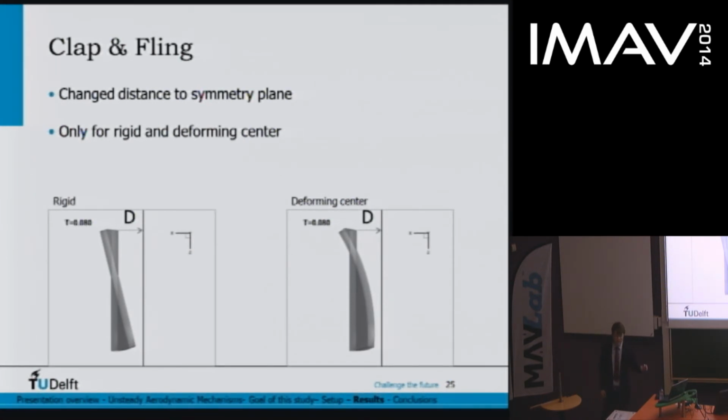Now I did this for the rigid case and the deforming center case, and from this picture you can see, although the distance from the leading edge to the symmetry plane is equal for both cases, due to the deformation in the deforming center case, you see that a larger part of the wing is near the symmetry plane. So we would expect the effect of clap and fling to be more pronounced for the deforming center case. So let's see if this is